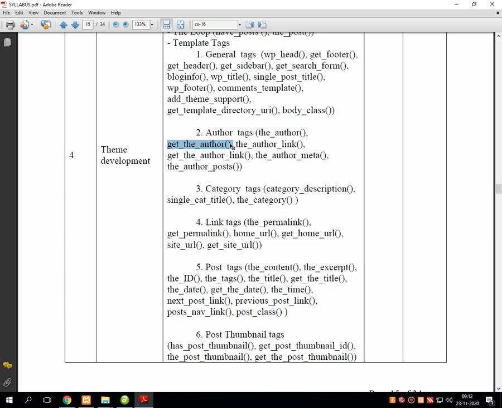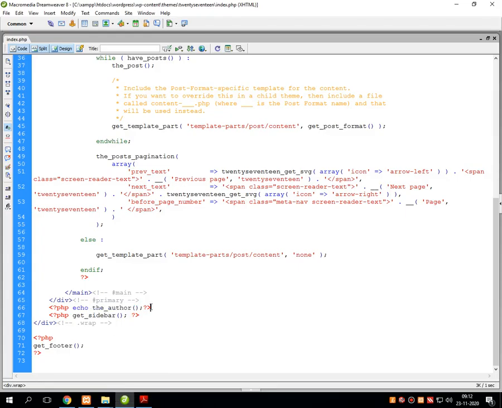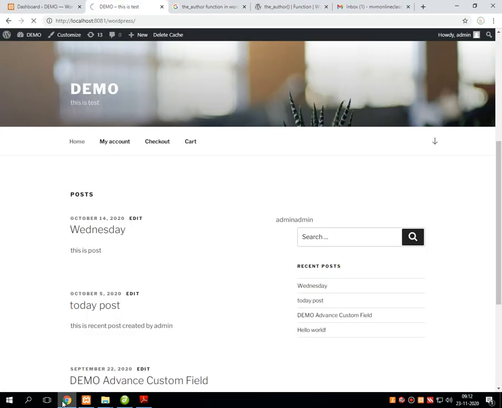Similar type of function is get_the_author. Let me use this particular function also in our index.php file. I am writing it very next to the_author, and I am commenting the_author function in index.php for the cross verification purpose, and I am refreshing the page.